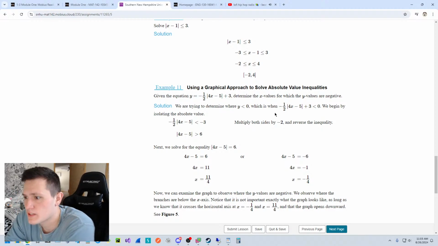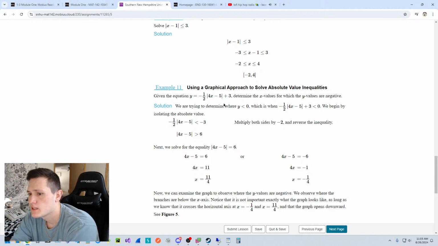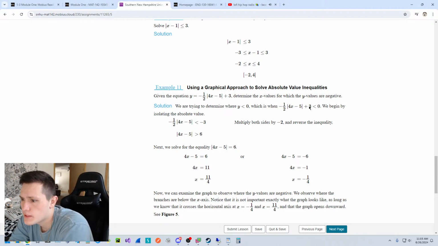I want to understand something. Why is positive 3 going to negative 3? Multiply both sides by 2 and reverse the inequality. So this gets reversed. And then, okay, this is,